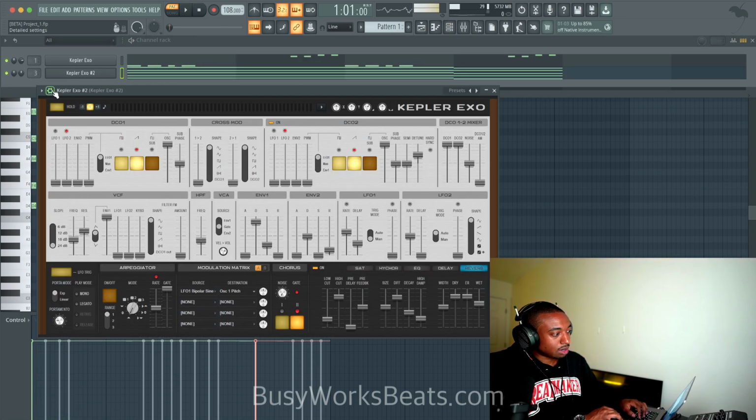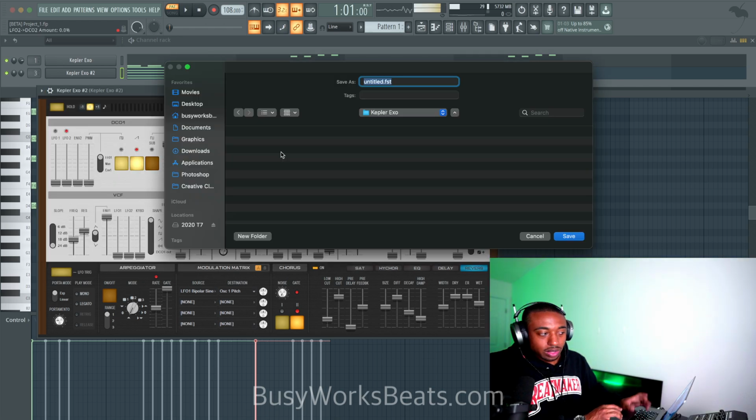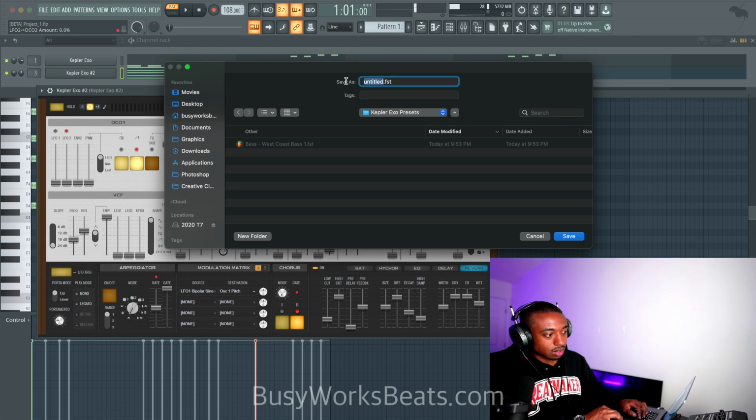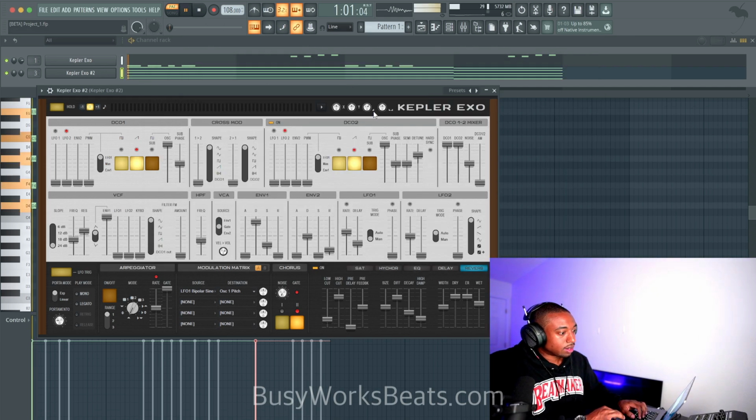Okay, so I think I like that preset. Let's save that. So I'll call this like pad. I'm going to save it to a folder here. And again, these will be uploaded to our website if you sign in. It's called pad. And let's call it like 80s lasery pad. Okay.